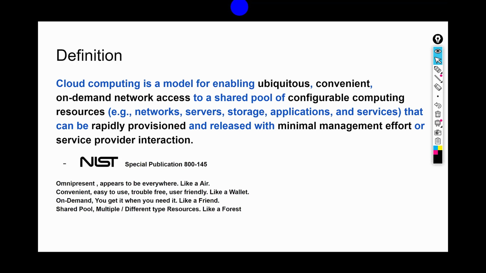So what is cloud computing? Cloud computing by NIST is a model for enabling ubiquitous, which means omnipresent,